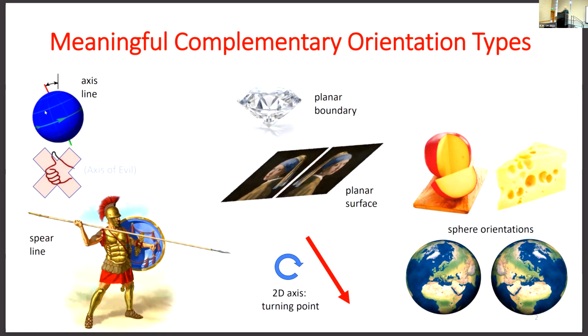sometimes it can be an axis, a thing you turn around, and sometimes it can act as what some people call a spear. That's one of those momentum lines, a line you move along. And the two, as we saw this morning, are dual to each other. And this mixture of